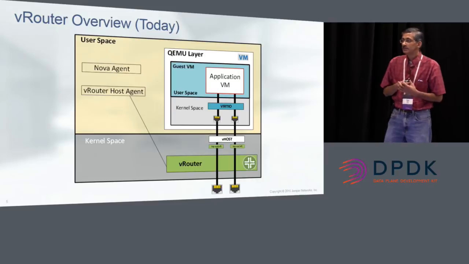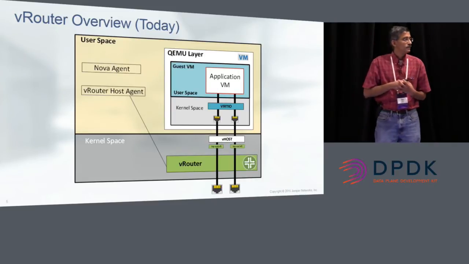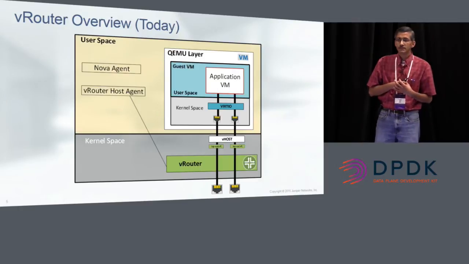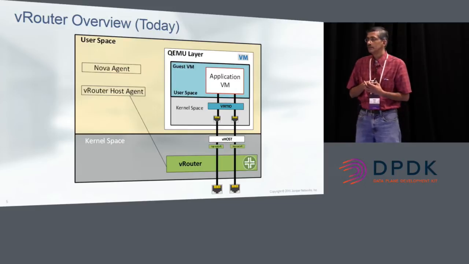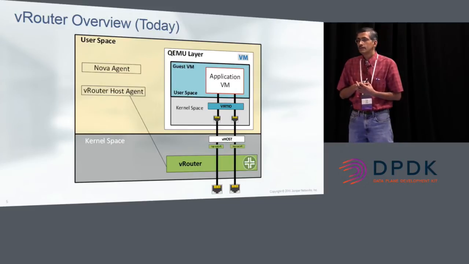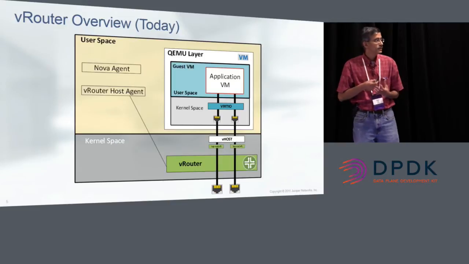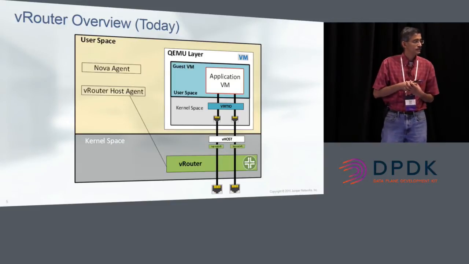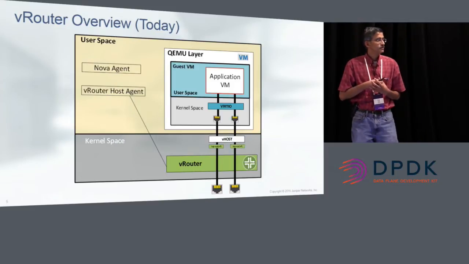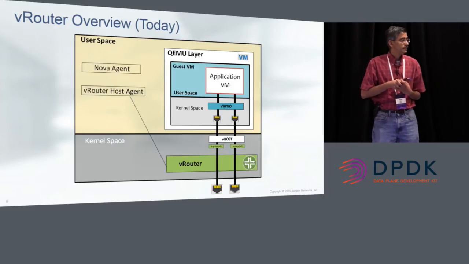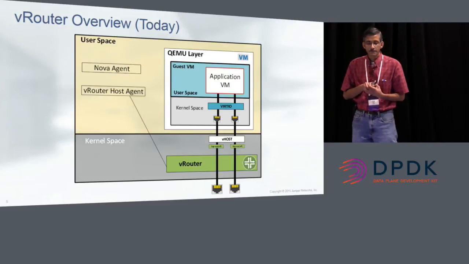So when we first implemented this, our initial throughput numbers were quite low. On a 10 gig link, we were getting less than a gigabit per second. And then we made a bunch of performance optimizations. For example, we modified libvirt to support vHostNet with Ethernet type interfaces. We also updated the kernel module to use receive packet steering inside the kernel, so that we could use multiple CPU cores when processing packets.